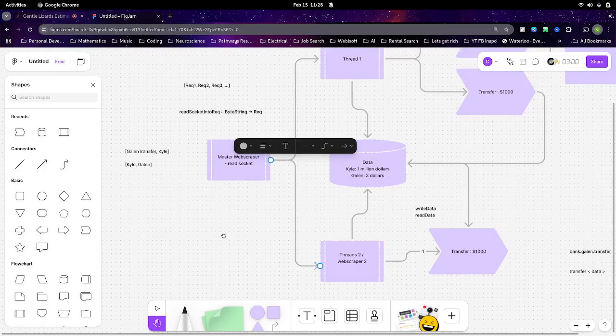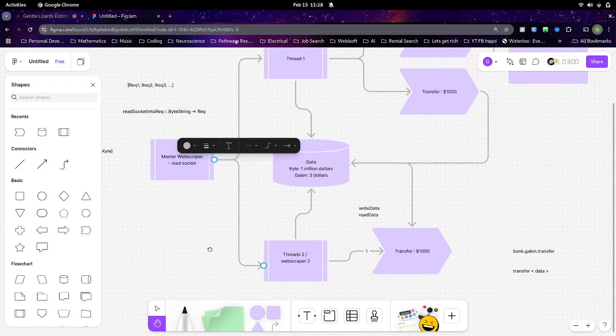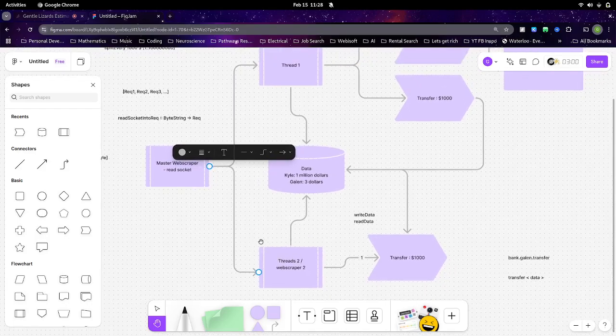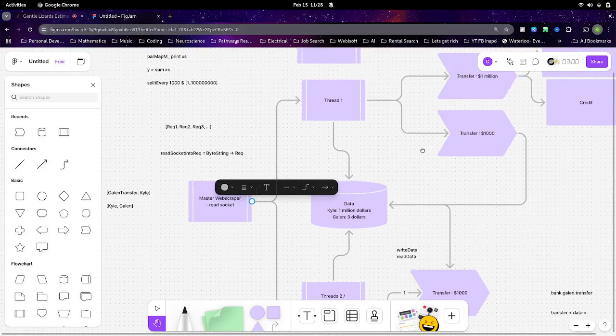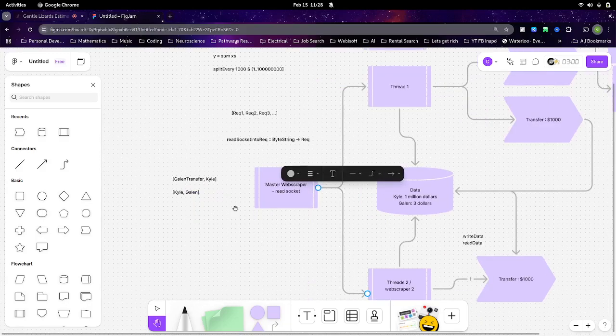Both of these threads are going to be running at the exact same time, but this one is going to be a millisecond ahead, and it's going to read from the data first, and then it's going to fail. Then thread 1 is going to happen, and the transfer is going to happen, but it's going to be irrelevant at that point.